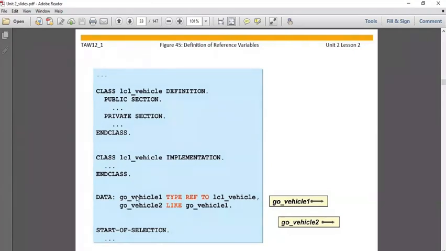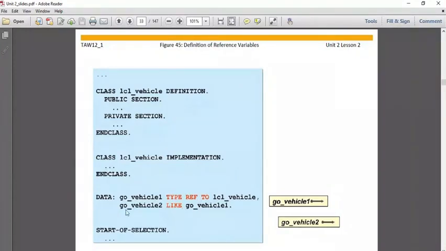Now how can we define the reference variable? With the help of DATA, then go_vehicle1, TYPE REF TO class name. The class name is LCL_vehicle. So we have declared here the reference variable go_vehicle1. Then we are using the keyword TYPE REF TO, then the class name. So we have created one reference variable, and if you want to create other reference variables, in the same way you can declare DATA, then go_vehicle2, then TYPE REF TO class name. But if you do not want to repeat TYPE REF TO again, we can use the addition LIKE.